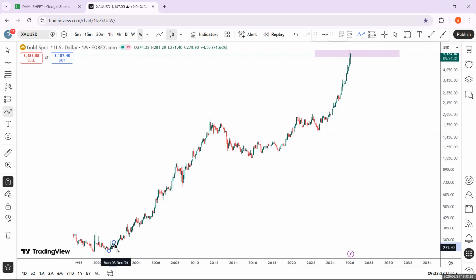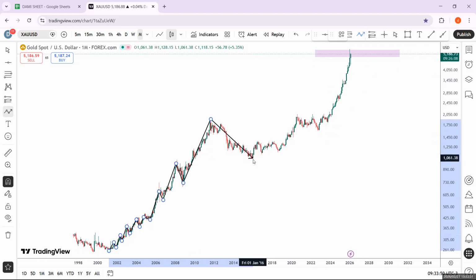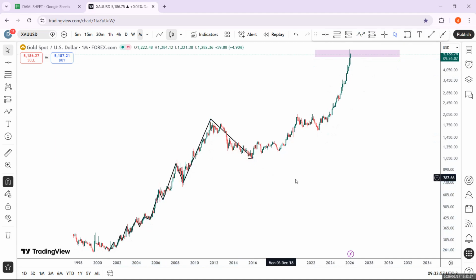We can see price started on small structures. All of these are small structures, but there's something that we see in these structures, right? They are all making clear coordinations of higher highs and higher lows, okay? Higher highs, higher lows. Then price started making a bigger structure right here. Higher high, higher low. Then price went to make the biggest structure right here till date. Higher high, higher low. So price is making clear structures of higher highs and higher lows, indicating clear bullish structures.